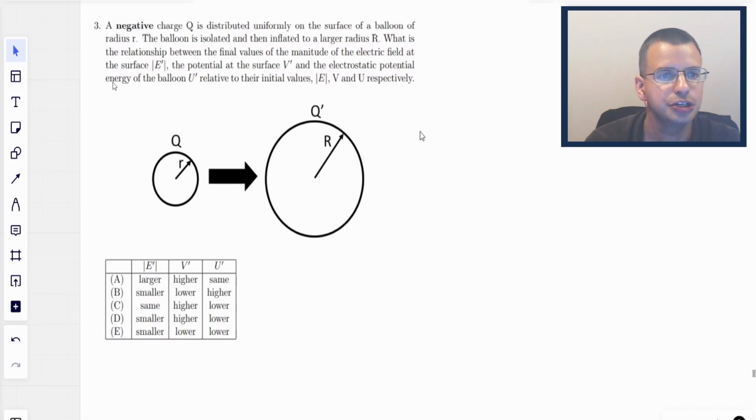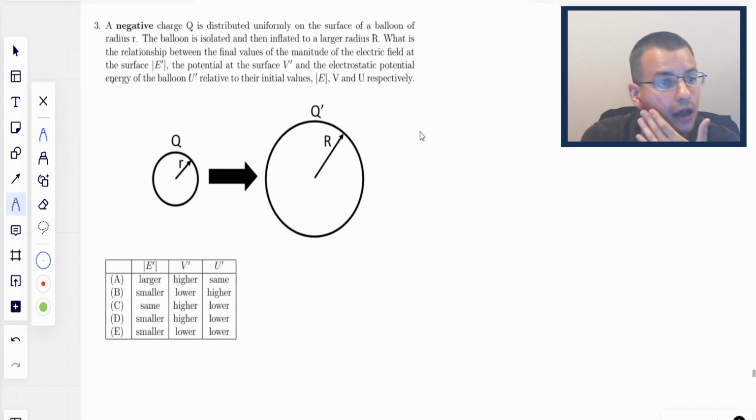A negative charge Q is distributed uniformly on the surface of a balloon, a radius small r. Oh yeah, I guess they do small r. Clever. The balloon is isolated, and then,